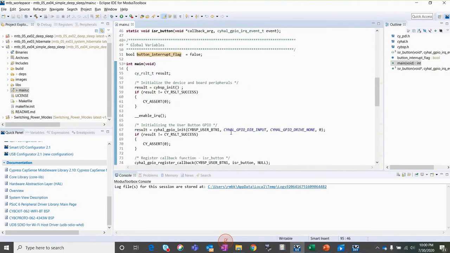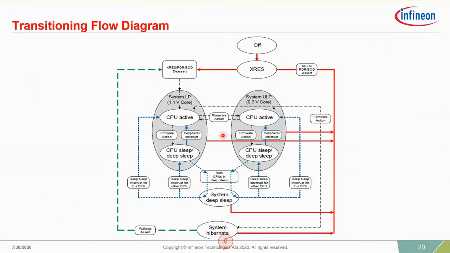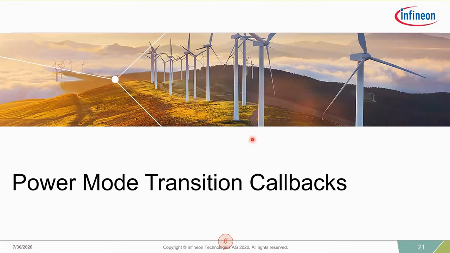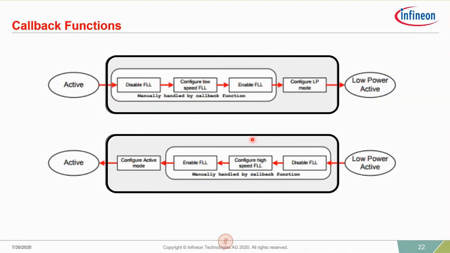So now, let me get back to the presentation. Now we'll talk about one of the additional features that is provided in PSOC 6 to ensure that we have control over the transition to low power mode and to ensure that there is smooth transition to different low power modes. When the device transitions to low power mode, it first checks if all resources are ready to enter low power mode, performs certain actions before transition, and then some actions after transition.